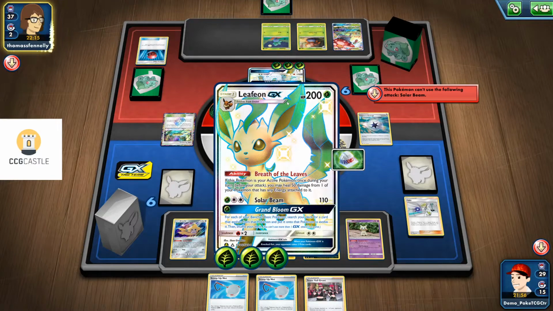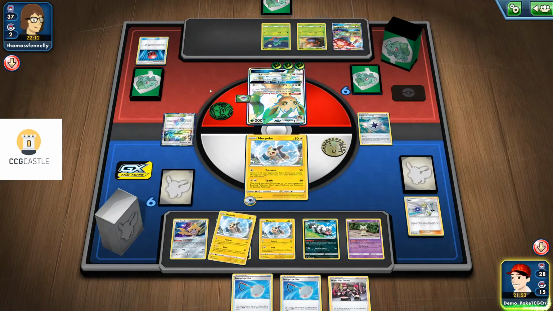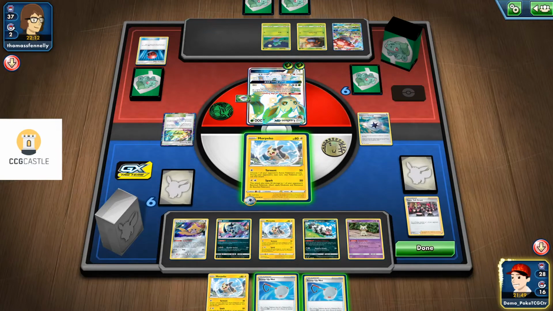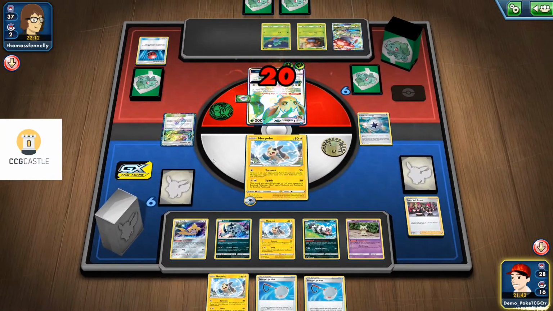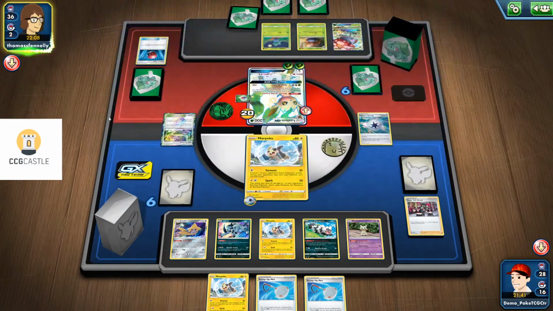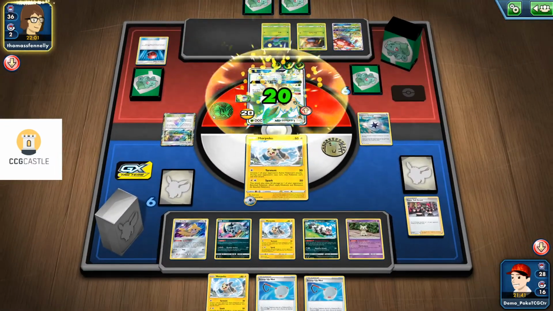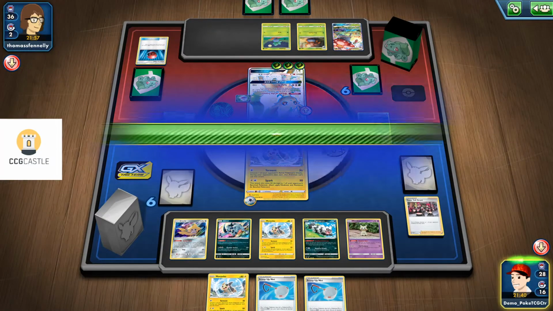and then again, Bread of the Leaves can be used, but he cannot attack, and it is my turn, and it's time to use that Team Grunt and return one of the energies back to my opponent's hand. So what I can try to do, I'm just gonna Torment one more time and prevent him from using that Solar Beam. So it's basically an energy denial attack. And also there is another Grass energy. He just returned that energy back to play from his hand. Vileplume uses that